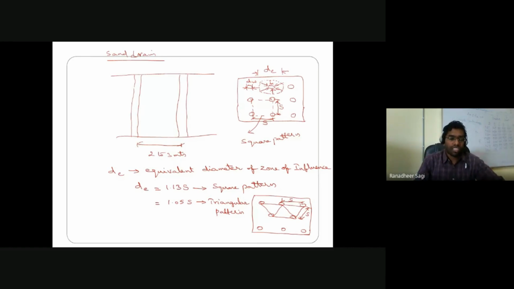What is ultimately happening here is that because of the introduction of your vertical drains, you are trying to fasten the process of consolidation. These vertical members I am now calling sand drains, and in the later advanced method, we came up with prefabricated vertical drains. Once such sand drains or vertical drains are introduced, the flow is not happening only in the upward or downward directions. Radially also the flow is happening into the drainage paths, ultimately to fasten the process of consolidation.